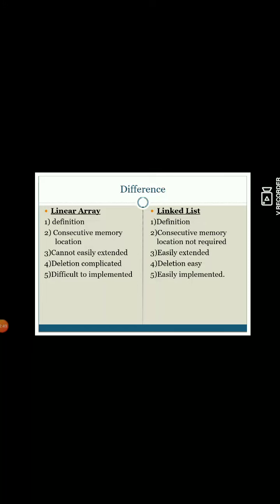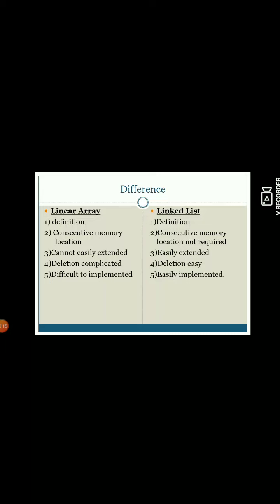For example, if I want to add any new element in the array, as we saw earlier, I have to use the insertion algorithm. That means whatever the position, you have to make that position empty by moving every element upward or downward.